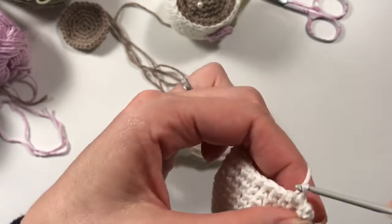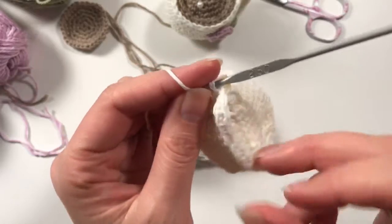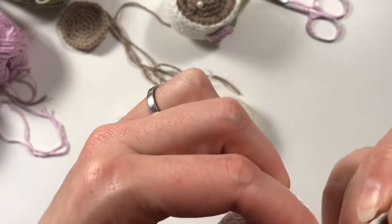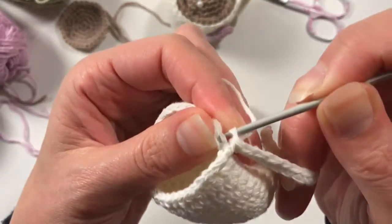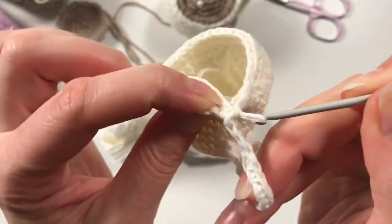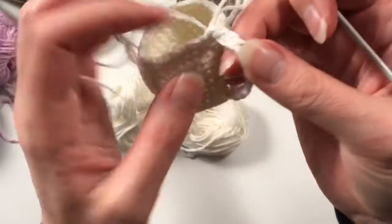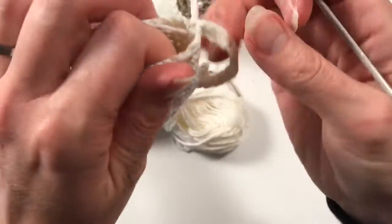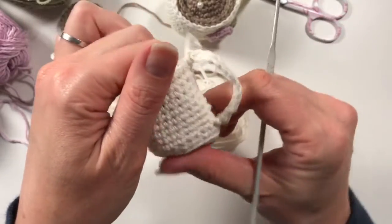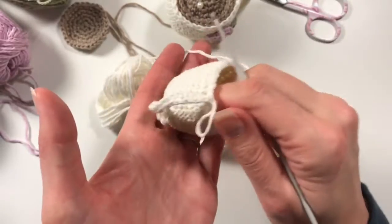put a slip stitch to the side. Oh, hang on a minute, yeah, like that. Okay, so put a slip stitch to the side here in one of the V's, so that you attach your handle so it's nicely on there, see? And then you can hold it a little bit like that, or bend it like that. Okay, so that's our cup ready,